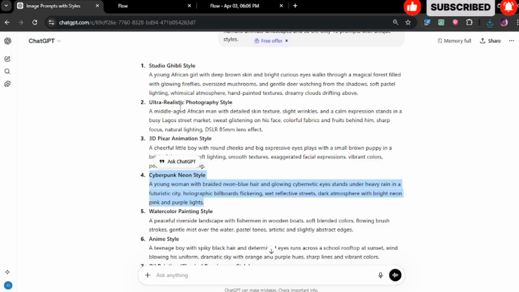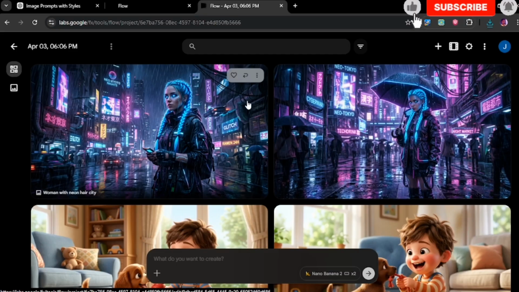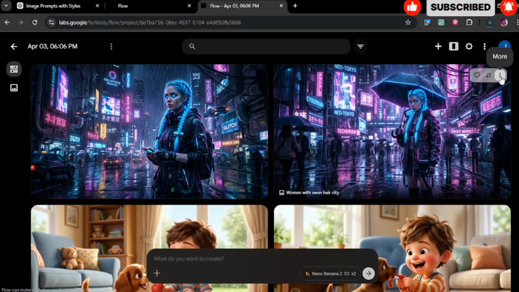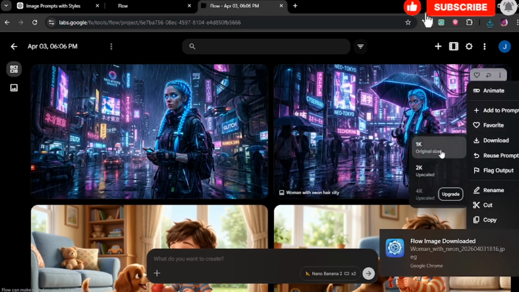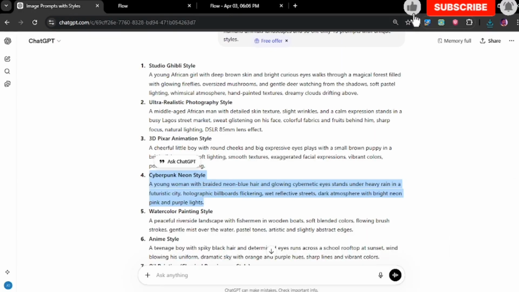So this other one that we're waiting for is ultra realistic. That's someone that looks like you and me. Okay, so this one is Cyberpunk. It really looks good. So I'm going to click on this and I'm going to download it. You can download both of them. For those of us that are into cyberpunk kind of movies or videos, this is the style you are looking